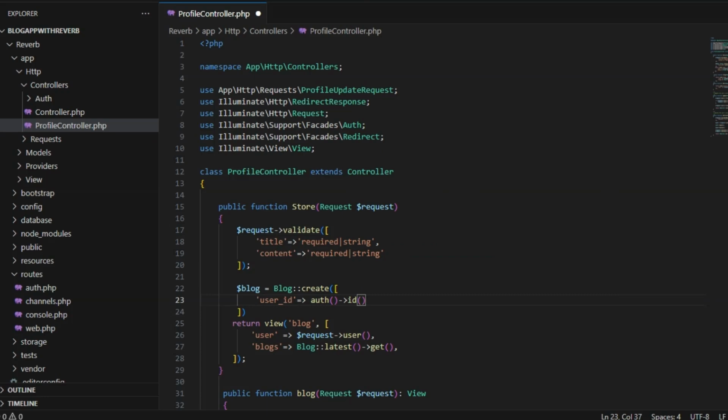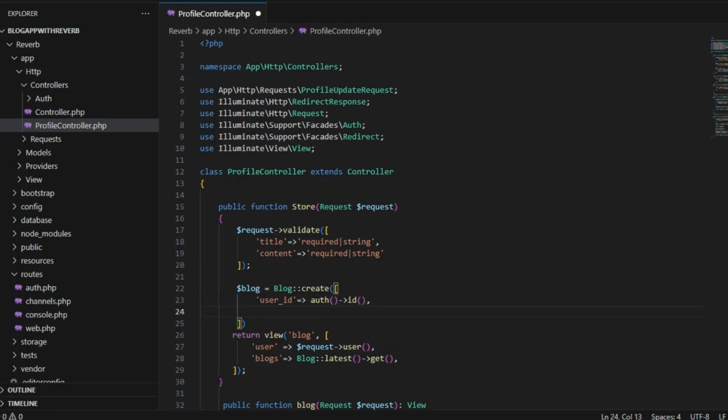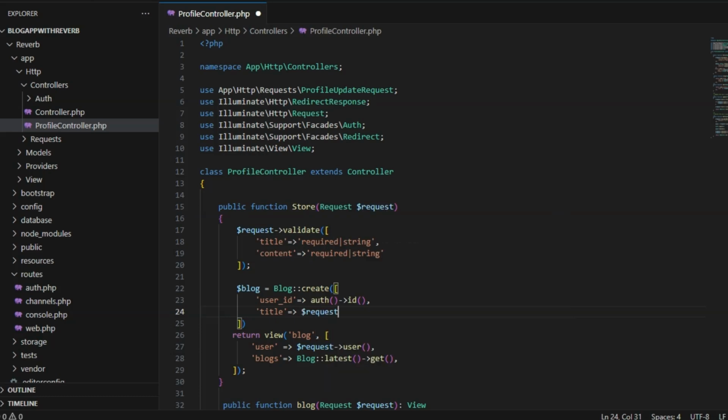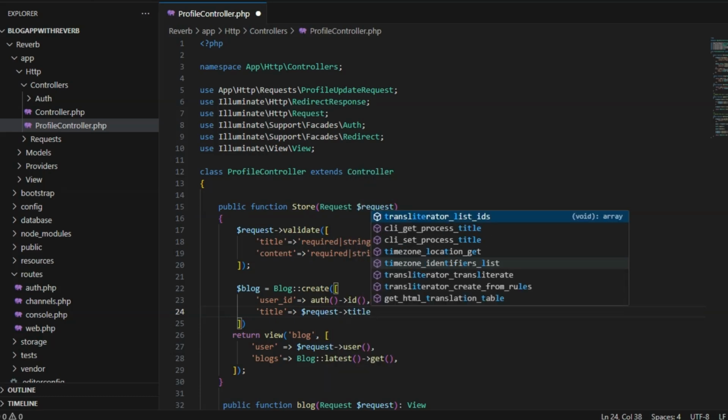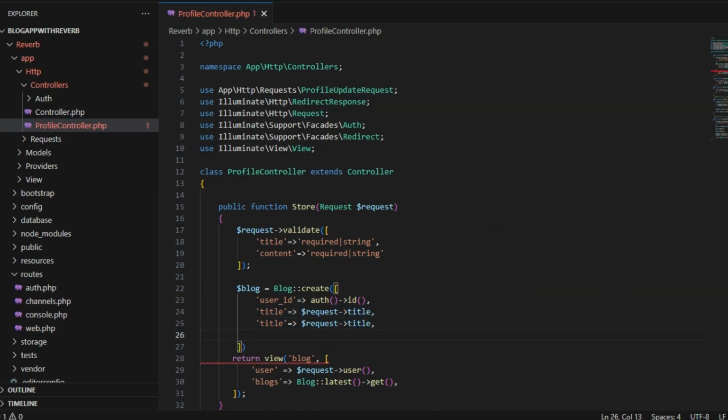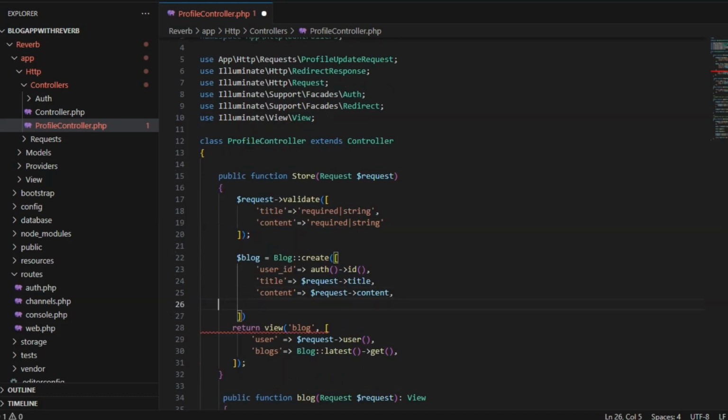Okay, the user who is logged in, we pass that user id in it, and after it title, and within the title I'll pass here $request title. Okay, that's it, and I'll copy it, paste it here, and here I'll pass content, just copy it and paste it here, it is just content. Okay, so now I'll do this and close this.